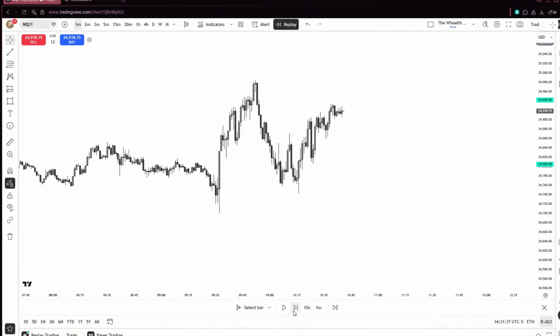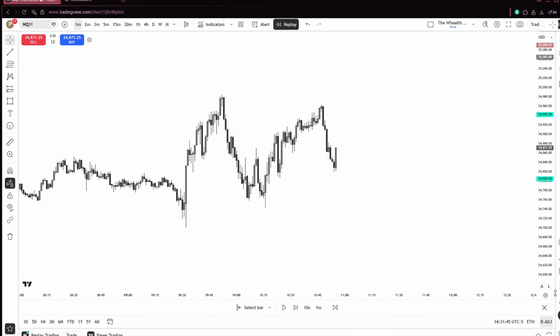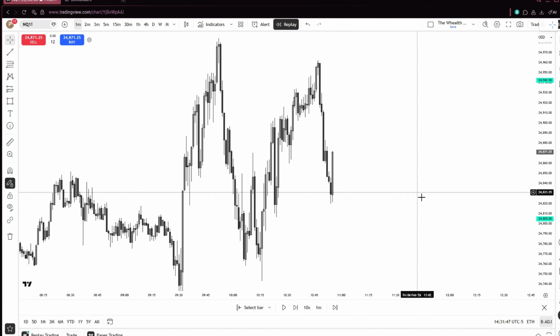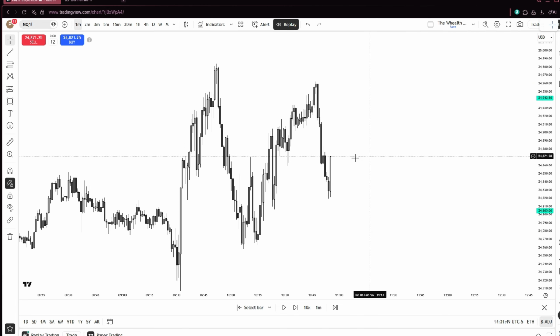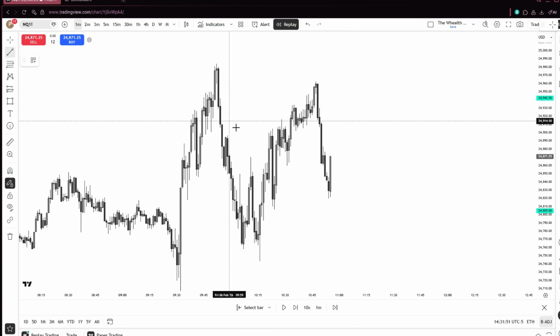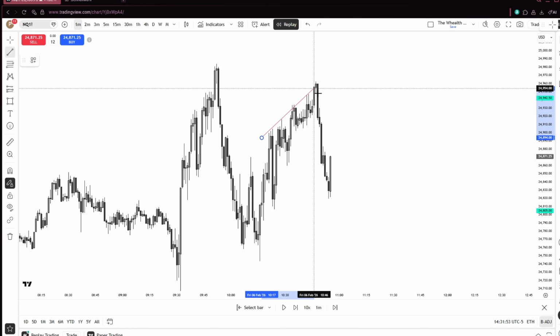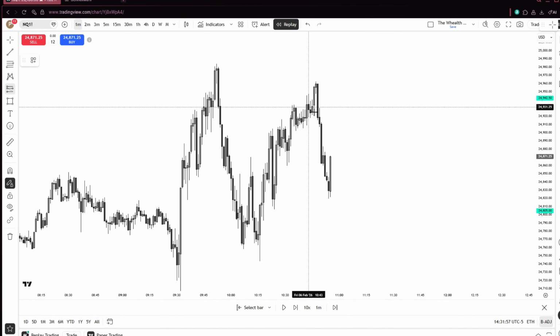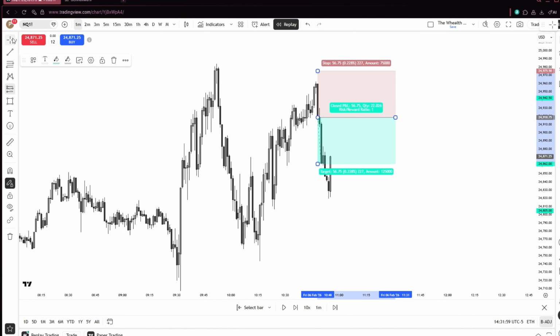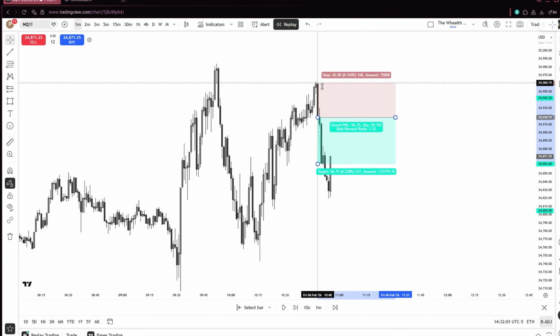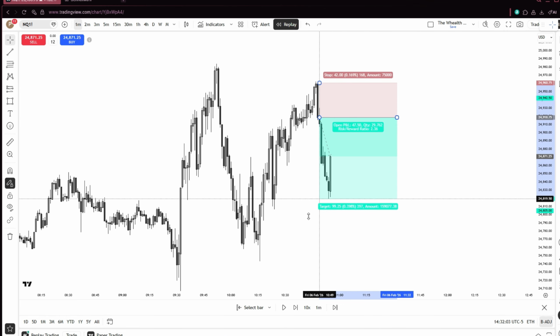My trade's about to happen in a few seconds. It's building up right now. There is my trade. So why did I take this trade? First of all, this IFVG is just perfect. Let's go over this trade. First of all, I got asked in the Discord, is this a good short? I said